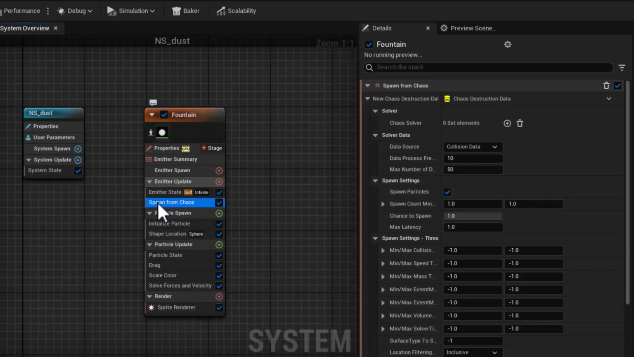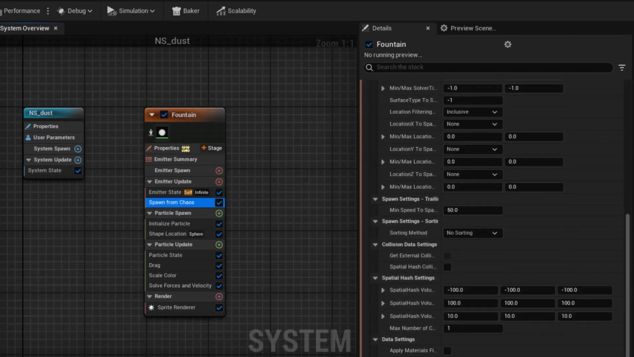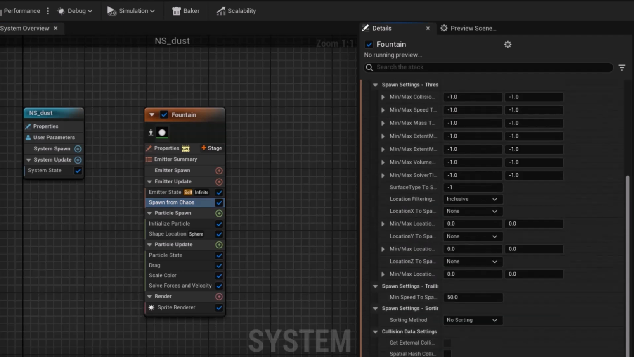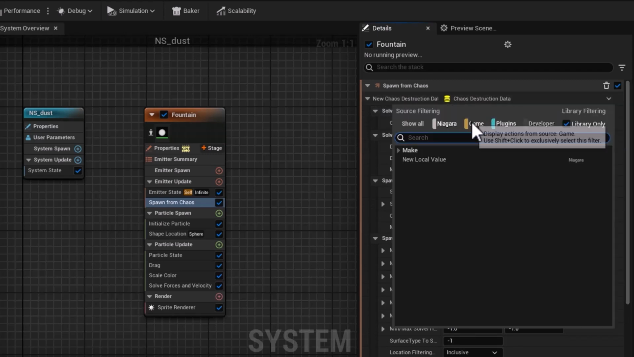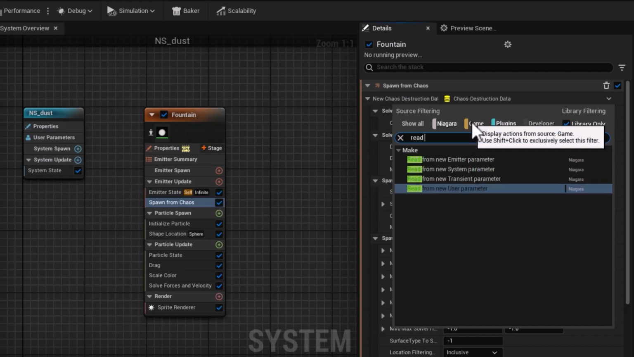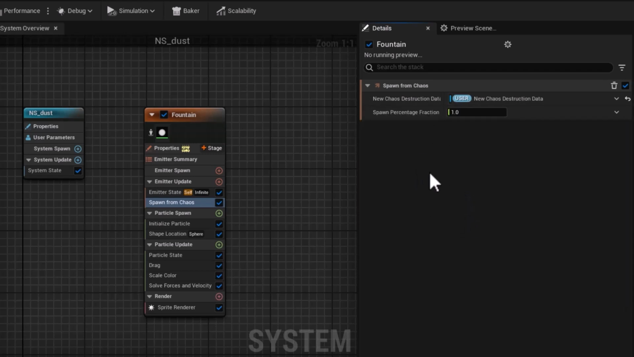from those breakpoints. And we have tons of attributes, and I don't want you to feel overwhelmed or be scared, because for the most part, we're really not going to pay attention to too many of these. Why? Because we're going to read them from new user parameter. So where it says new chaos destruction, I'm going to click on this arrow and type in read from new parameters. And you can see immediately all those overwhelming attributes go away and you have spawn percentage